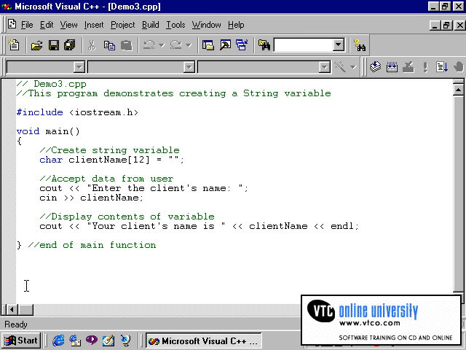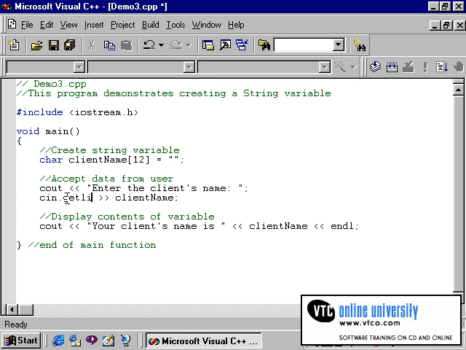Because they are members or parts of the class, one of the istream member functions is called getline. The syntax for using the getline member function is the object.getline and then the variable name followed by the length of the string. I will modify the cin statement to allow the cin getline function to work. The syntax is